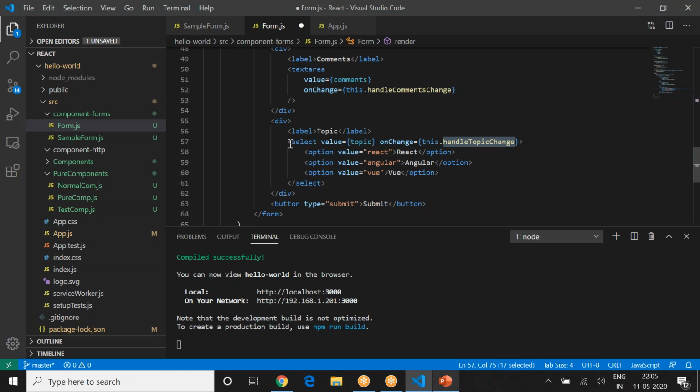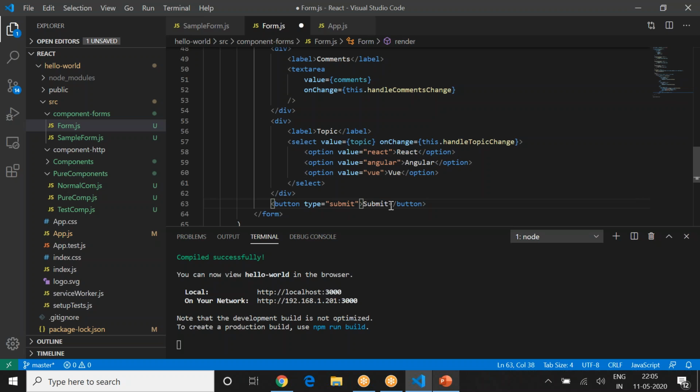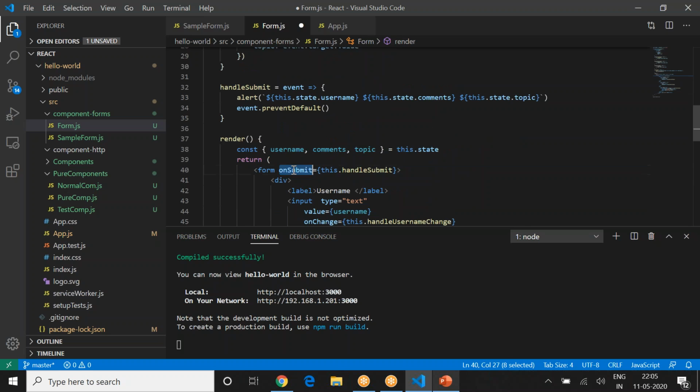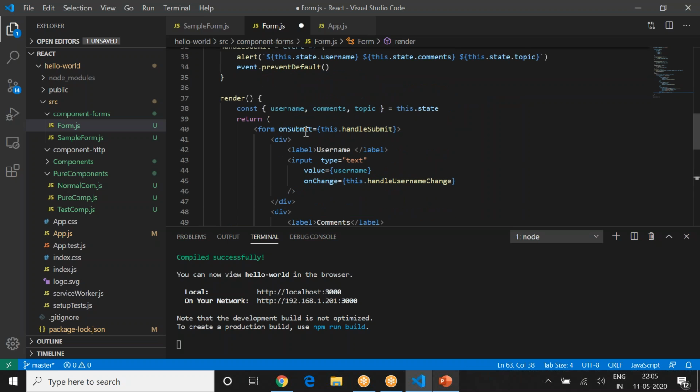So this is option. This is select. That means this is like a combo box. Now I can actually click on a button called submit. So submit will have a submit handler, but you don't actually put it here. You don't have to put an on click handler. You can do that though, not a bad idea. But the form itself has something called on submit. This is a better way of doing it. On click event of submit is not that awesome an idea. Having an on submit event makes more sense.